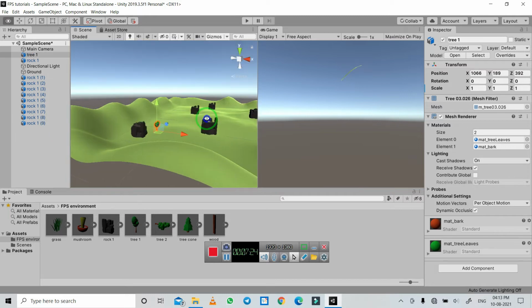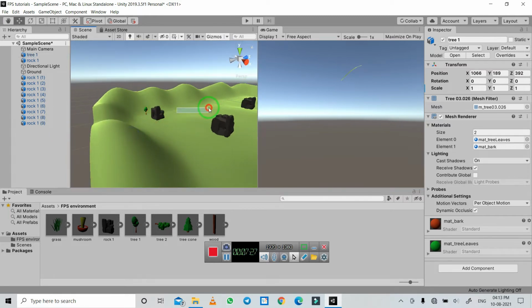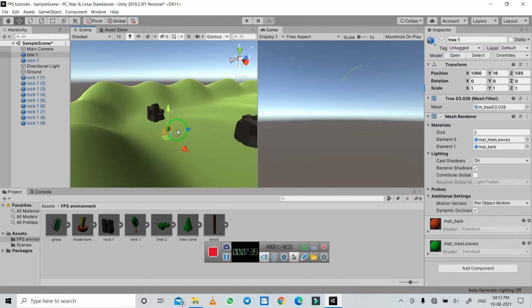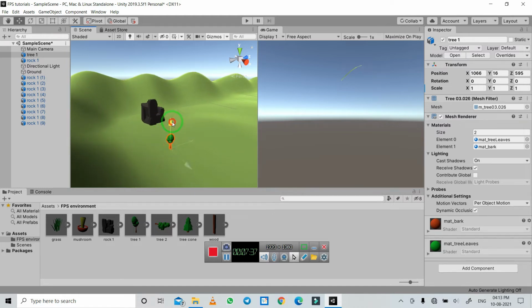Now you can see, if you try to put the trees like this randomly, there are so many trees, and if you want to create a forest, that will be a very difficult task. So instead of doing this, we will first delete these.